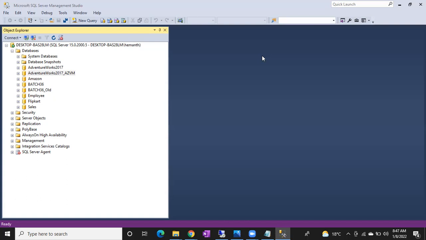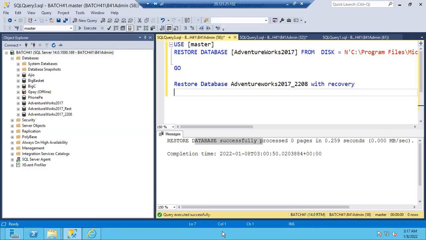If you go to the SQL Server setup, while uninstalling you will get one option, repair. You can repair, and again you have to provide your SQL Server RTM software. By using that software, you can repair the master database. That is also another way to fix system database corruption issues. But 99.99% of the time you won't get these kinds of scenarios. Still, there is a chance that sometimes you might have to restore the system databases.